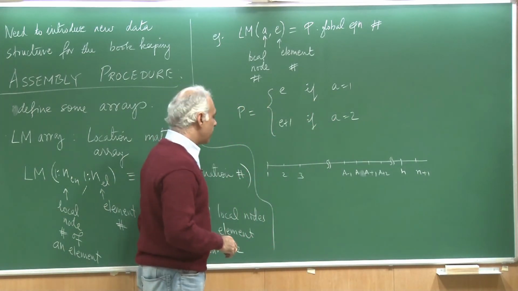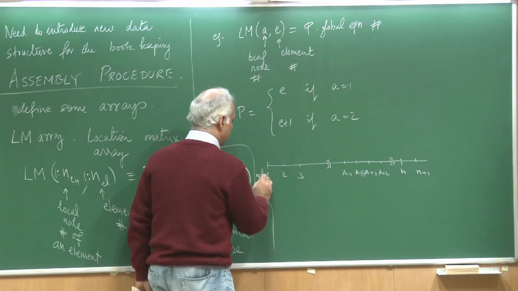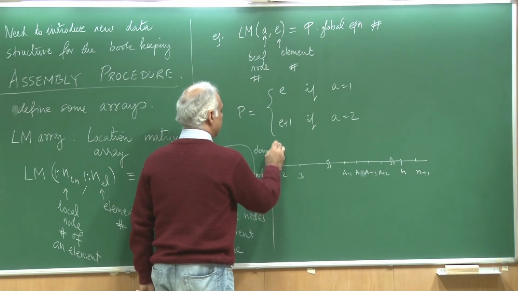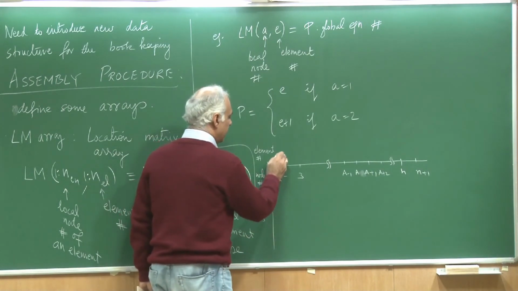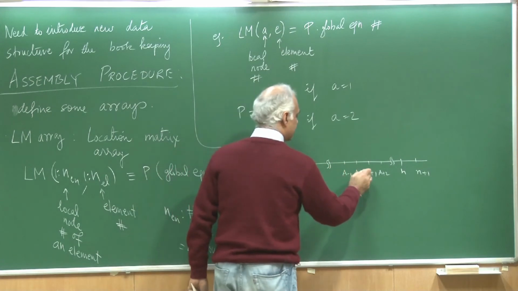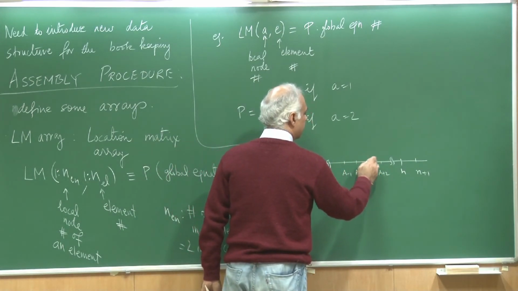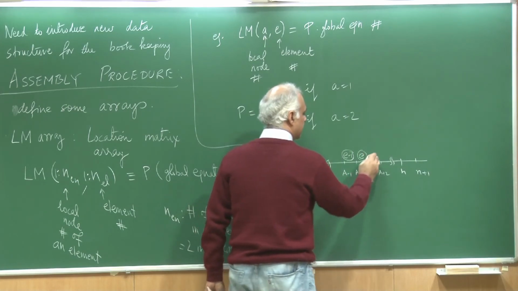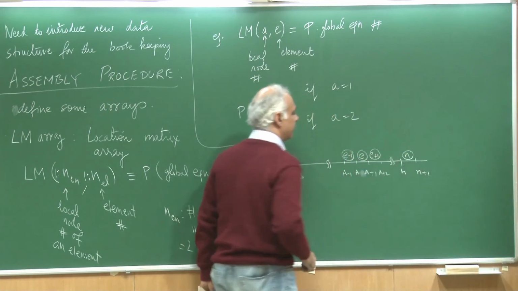Maybe I also talk about the element numbers. So, these are node numbers, and here on the top I will write down the element numbers, and these I will circle. So, this is element number 1, element number 2, and you can see, A to A plus 1, I can call this element number A or simply E. This is E minus 1, this is E plus 1, and the last one is element number n.